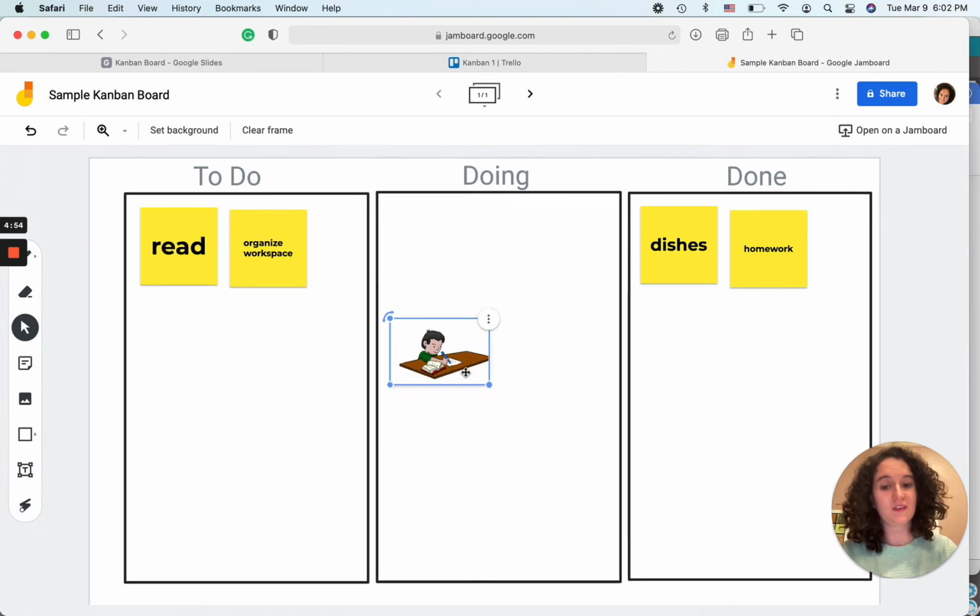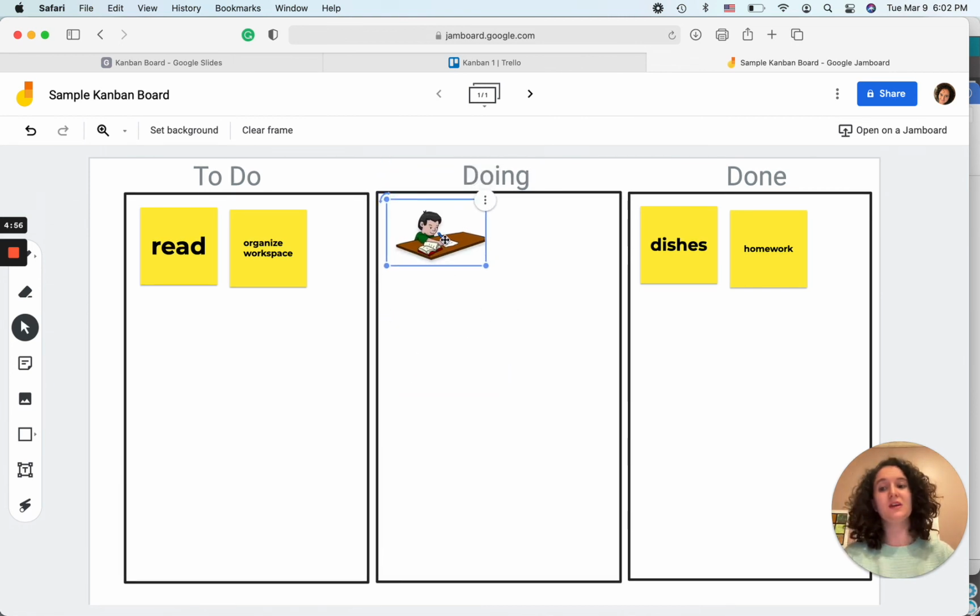You can resize it. They could resize it. It can really be a kid-involved activity to make these boards, and then they can physically drag it. So this is another really good option, and I will link all these below as well as some resources and